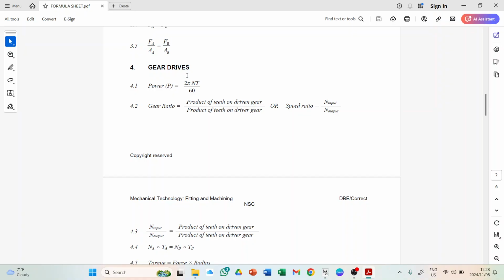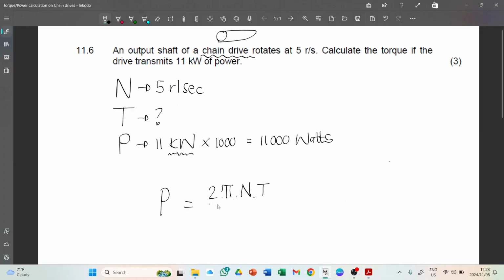So my formula is P equals 2 times pi times n times T, over 60. Remember, if they stand next to each other, it means they're multiplied. Now, the reason why this is over 60 is because usually they will give you the output speed or the input speed in revolutions per minute. And when we do the calculations, we want it in revolutions per second. Okay. Now, if I want to go from revolutions per minute to revolutions per second, I have to